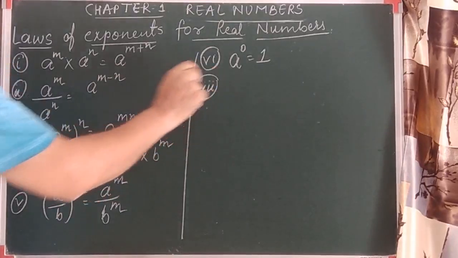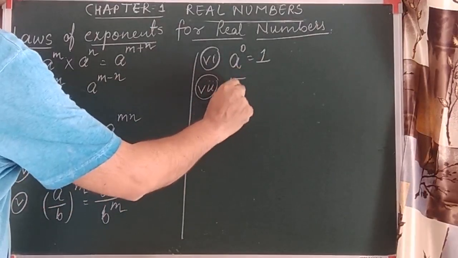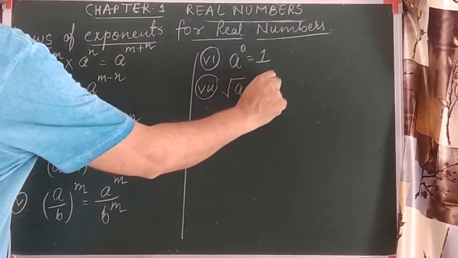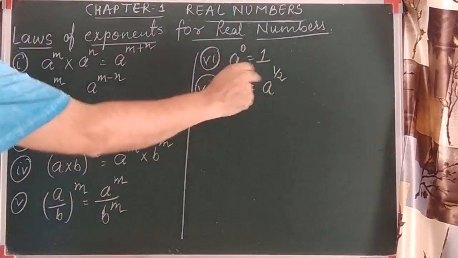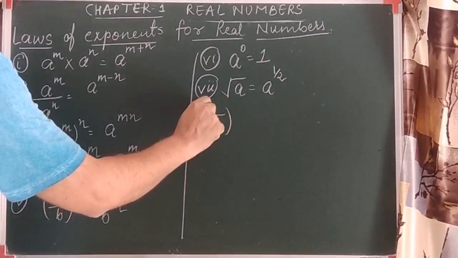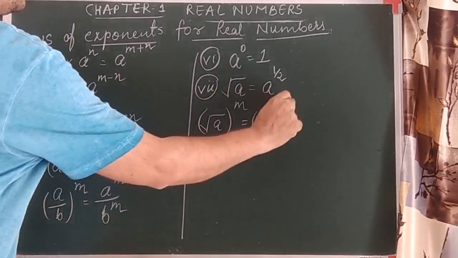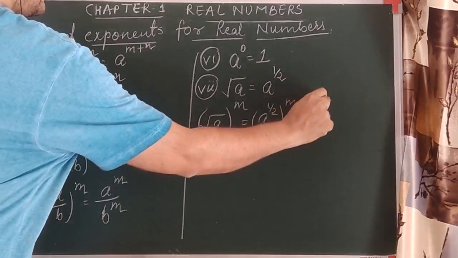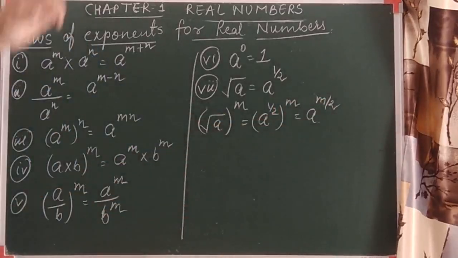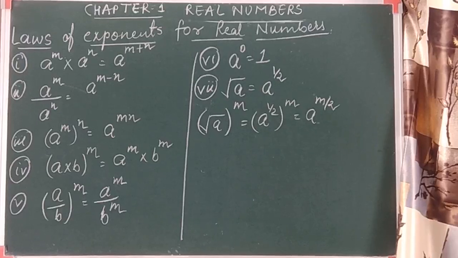Let's see this. Till now we did not see the power in the fraction. We have not yet learned what to do when the power is in fraction. Suppose it is square root of a. So it is considered a raised to 1 by 2, because square root means power is 1 by 2. So if the value is a to the power 1 by 2 whole raised to n, what can the answer be written as? A raised to 1 by 2 raised to n, so it is a raised to n upon 2.